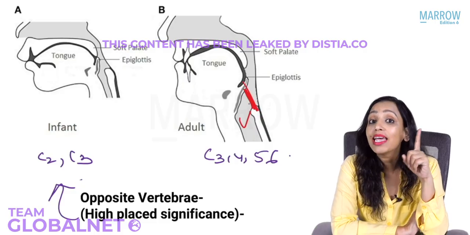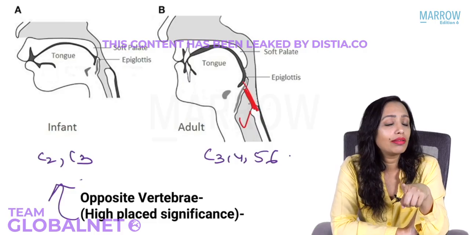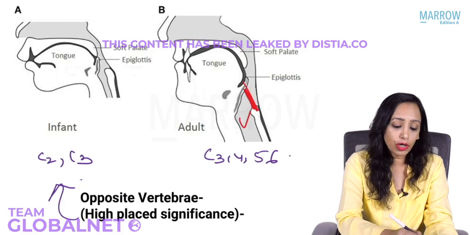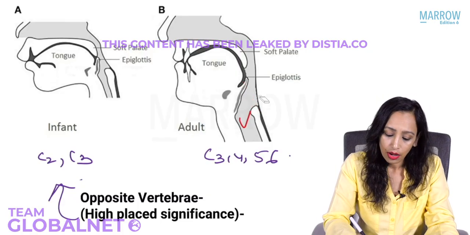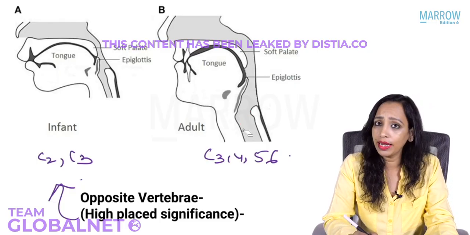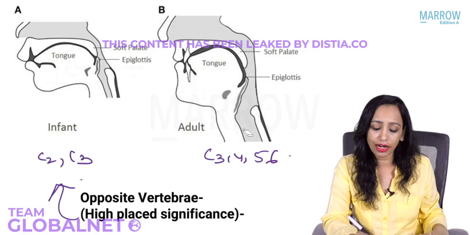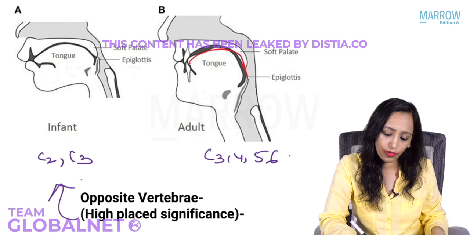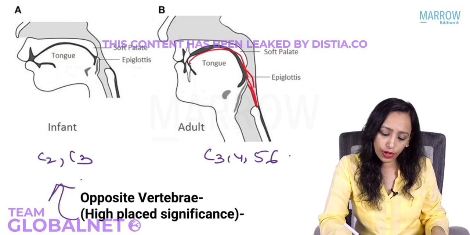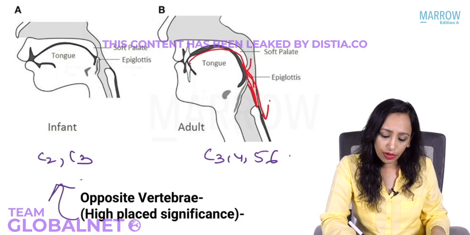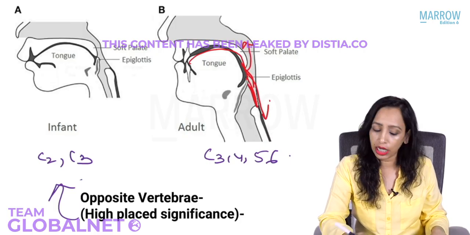Whereas infants can suckle as well as breathe at the same time. Why? How? That is because of the highly placed larynx. Just see here. In us, when we are swallowing, the food goes from the oral cavity, oropharynx, and the epiglottis goes down, and it goes over the epiglottis into the hypopharynx. And at the same time, it is prevented from going into the nasopharynx. Why?